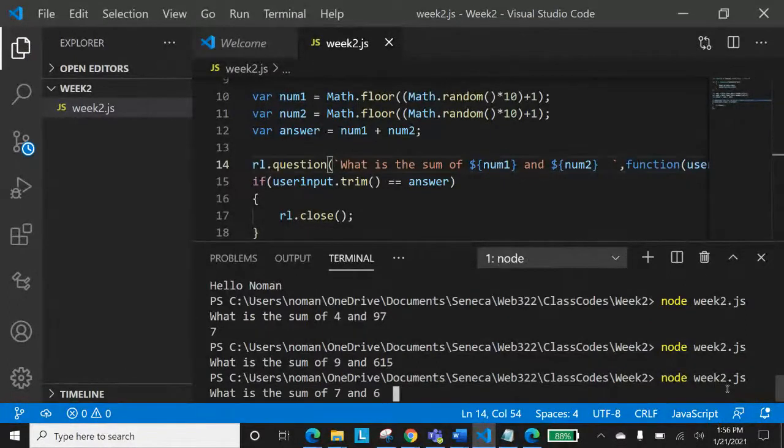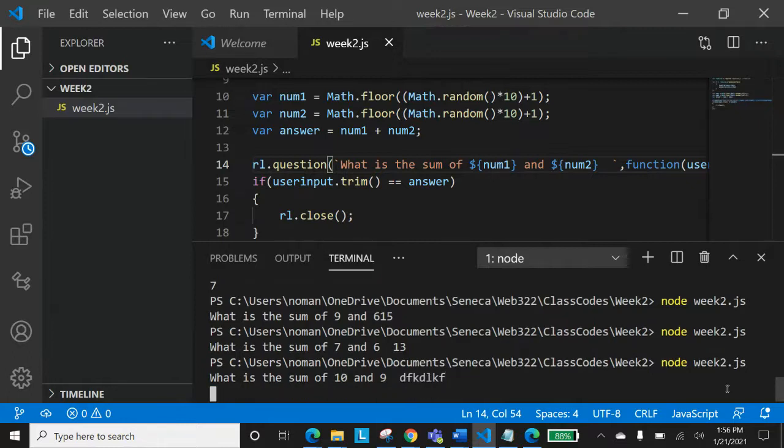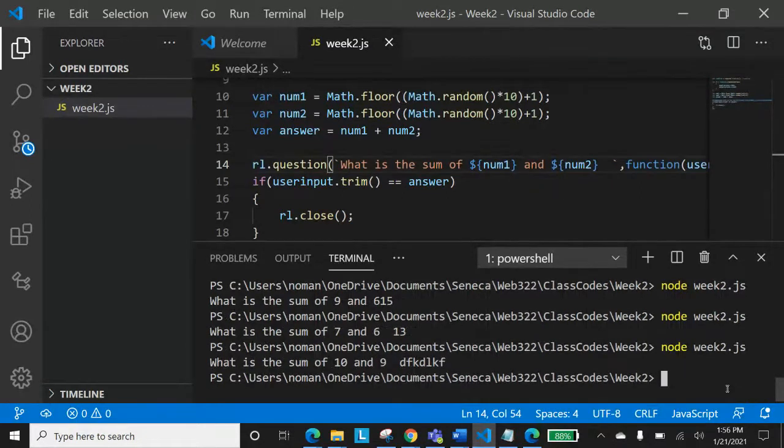Okay. What is the sum of 7 and 6? And I say 13. If I say 13, of course it is going out. But let's handle if the output is not correct. If I just say something else, I've not handled that till now, so it is again going into that loop, basically not exiting out. Right? Everyone got that? Till now, everyone has done that.